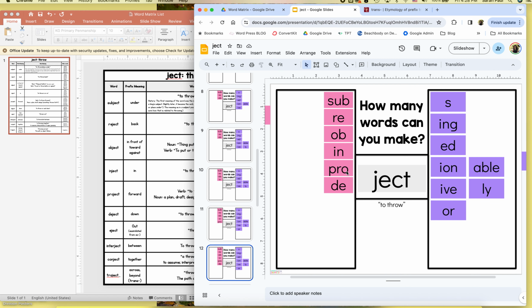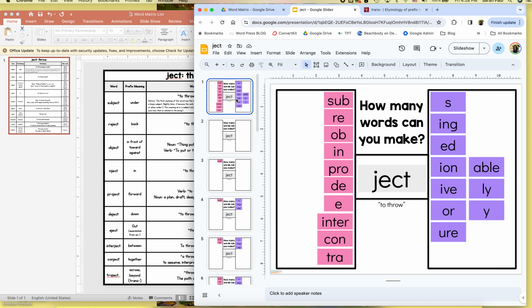Okay, I wanted to show you how to use this resource. Now, the first page just shows the full word matrix, but I wouldn't start with that. That's more of a cover. I mean, you could. One way that you could use this is just to project it up,